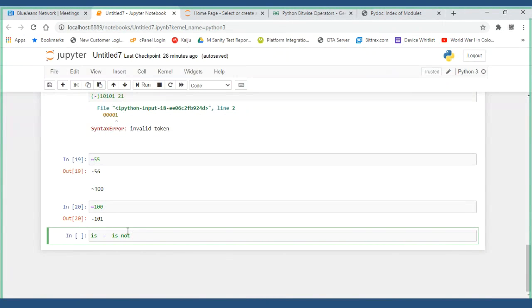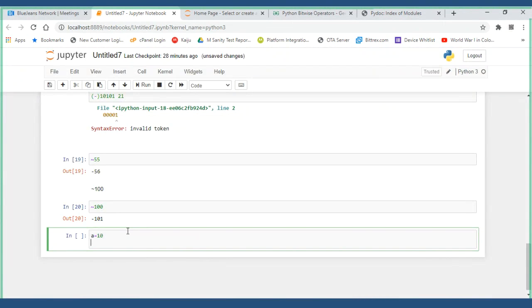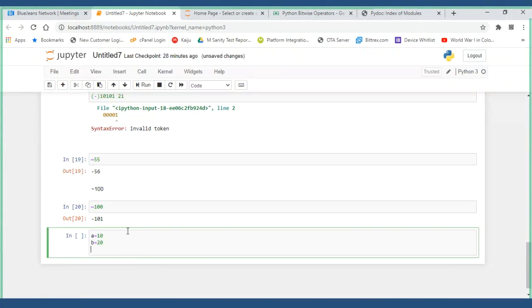As I already told you, A is equal to 10 and B is equal to 20. I have explained this earlier, but now I would like to repeat it. A double equal to B: what will I get, with an equality operator? What is the result it will give me back?